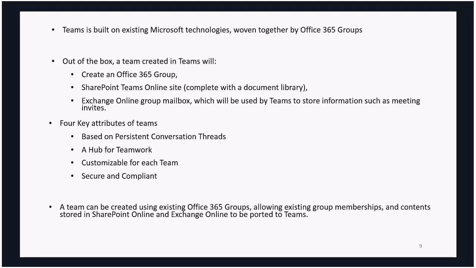So Teams is built on existing Microsoft technologies, really woven together by Office 365 groups, or modern groups, as you may have heard them called. Out of the box, when you first set up a team, Microsoft Teams will create an Office 365 modern group. It's going to build out a SharePoint Teams online site, complete with a document library. And it's going to go into Exchange Online and build out a group mailbox, which will be used by Teams to store meeting invites and information regarding